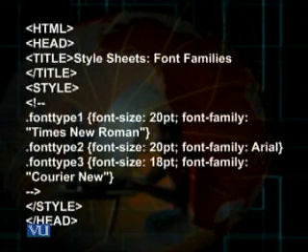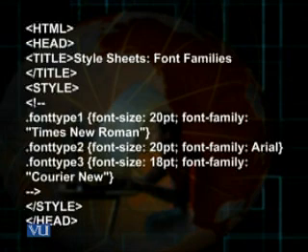Let's have a look at the code behind this result. We start with the style tag because for style classes we always use the style tag, and we give the definitions of style classes in it.